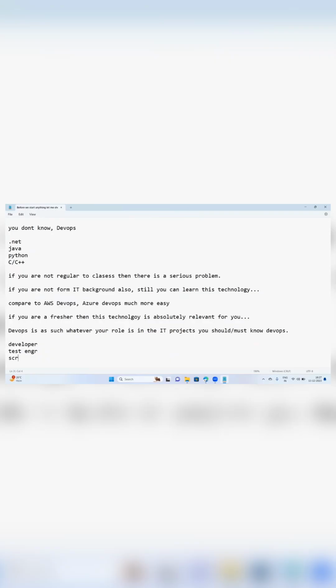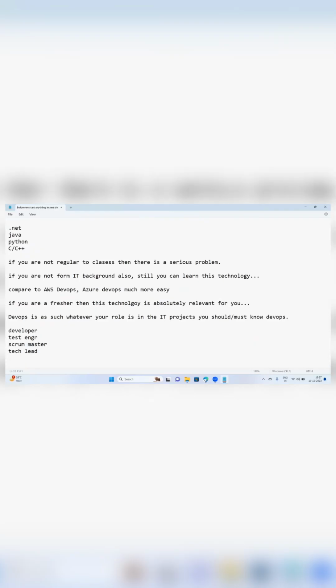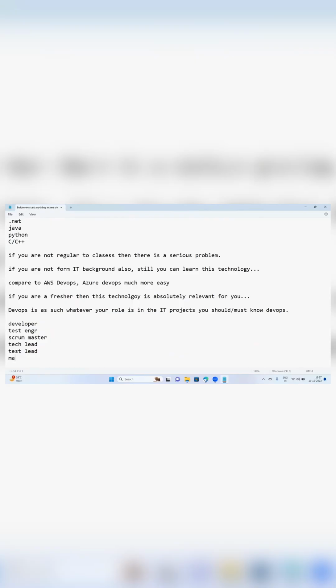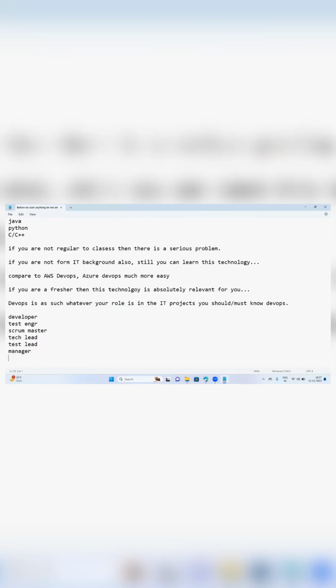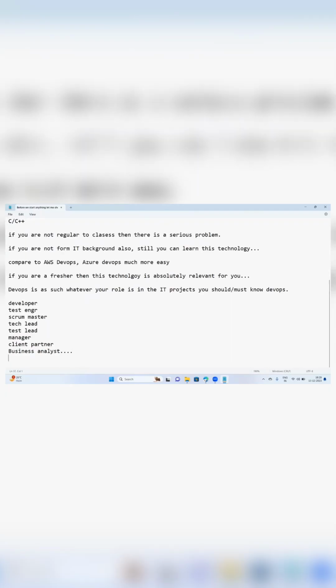Scrum Master, tech lead, test lead, manager, client partner, business analyst, you should know DevOps.